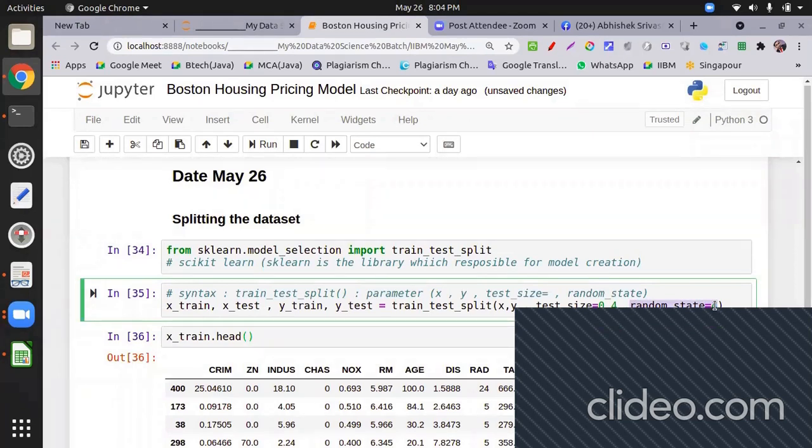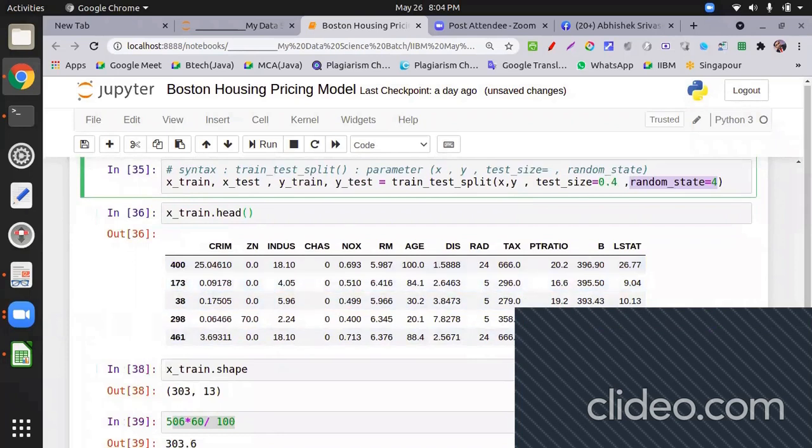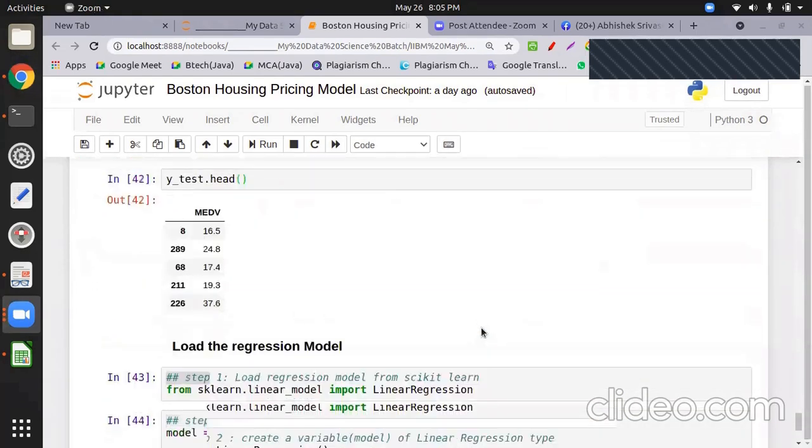So that all the good data does not go to the training section or the test section, and all the bad data does not go to the training section. Now the data is mixed up, so we shuffle the data using random state. And if you take 5, your index will be changed and you will get different data. In that case, you have to decide what is better for you. Maybe your index is different, so you got a different result from mine. Okay, so now proceed.